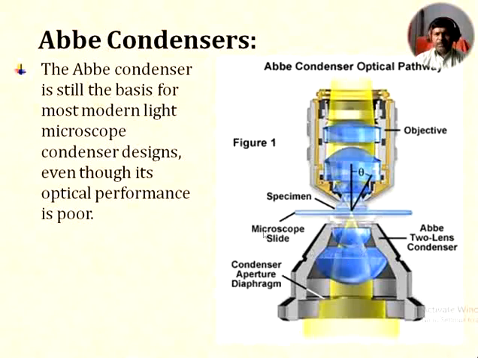Now here is the slide of the microscope. That means there is a stage, and on the stage there is a slide made from glass, and on that glass slide we make the smear of the specimen which is to be observed. And this upper portion is the objective. In the objective also there are different lenses mounted, and lastly here the final or real image of the object or specimen will be formed.